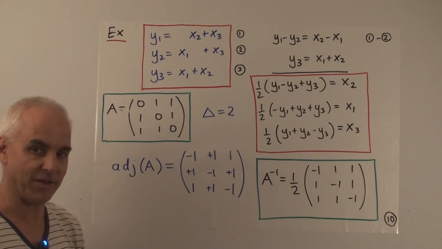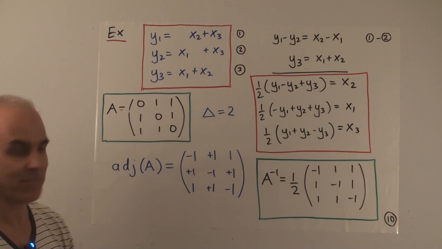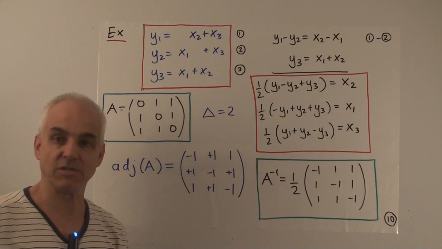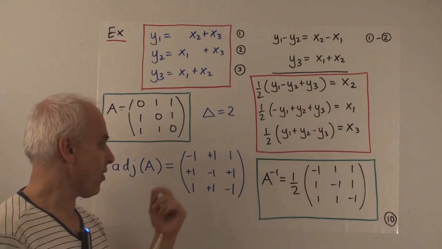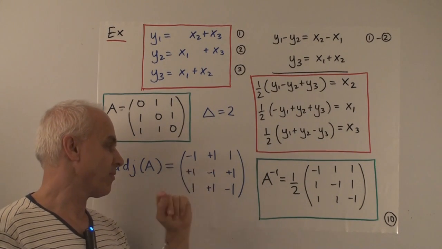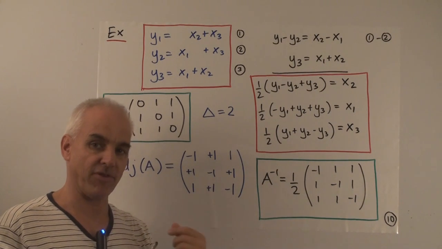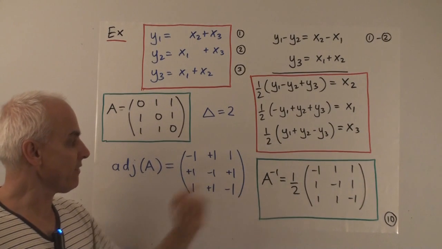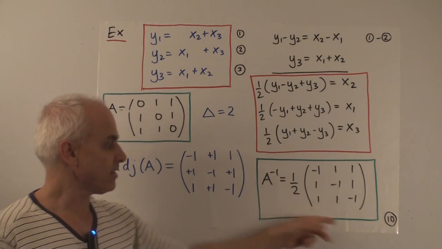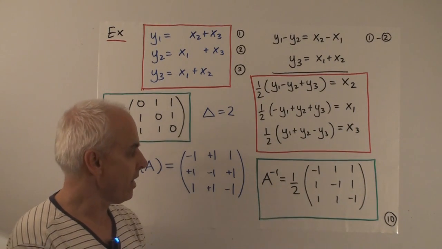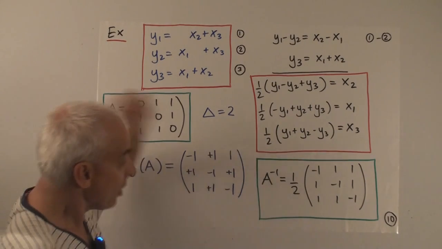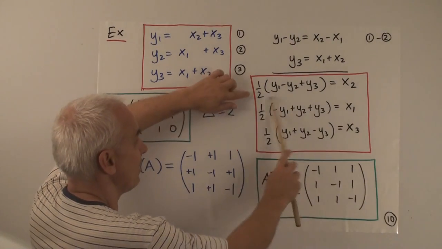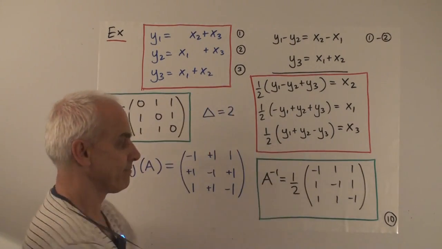In this case, it's not going to make any difference because this is a symmetric matrix. And then after that, you multiply these sort of odd positions by minus 1s. Odd position meaning that the row plus the column number is odd. So that's the adjoint, and then the inverse is 1/2 times that adjoint. And we see that this is the same as this because this first line here corresponds to this one, second line to this one, and third line to this one.